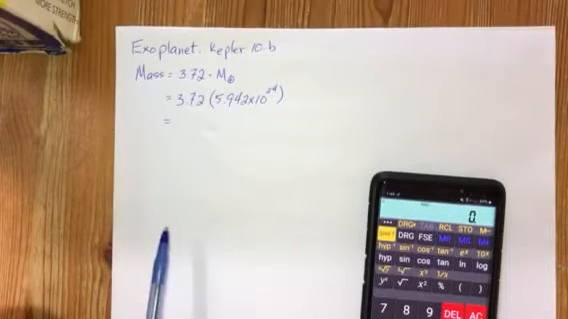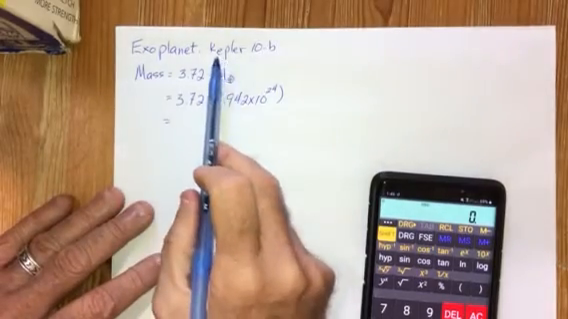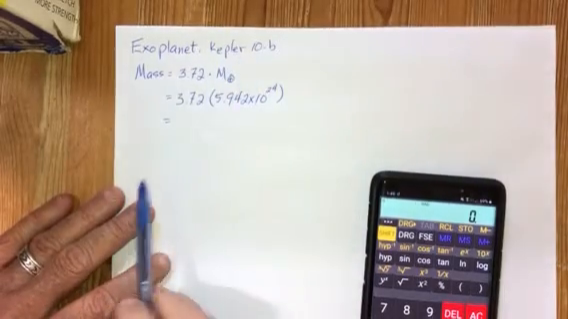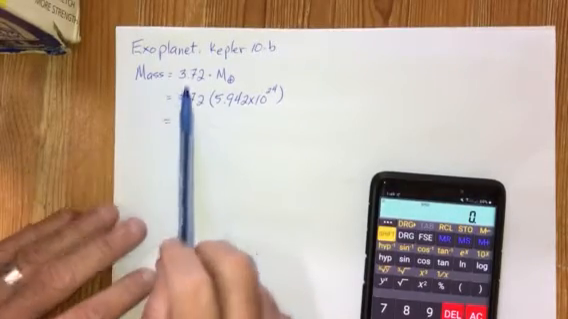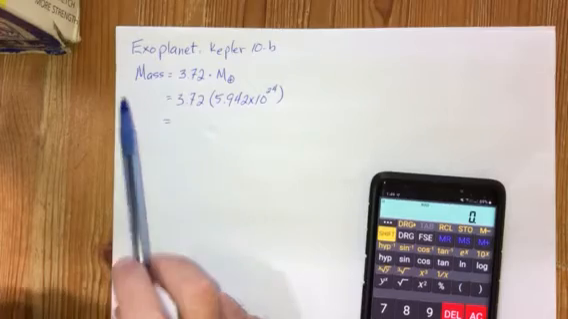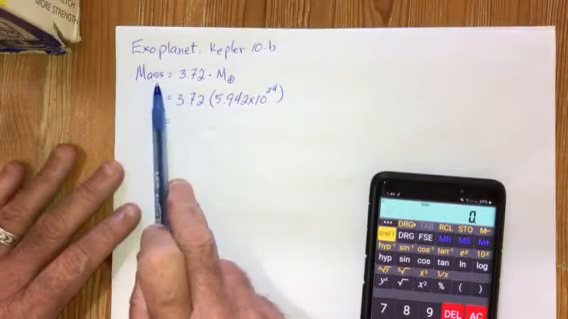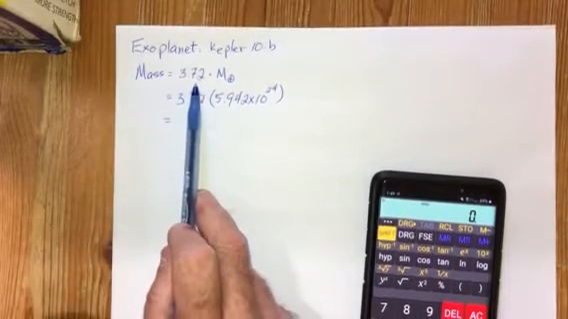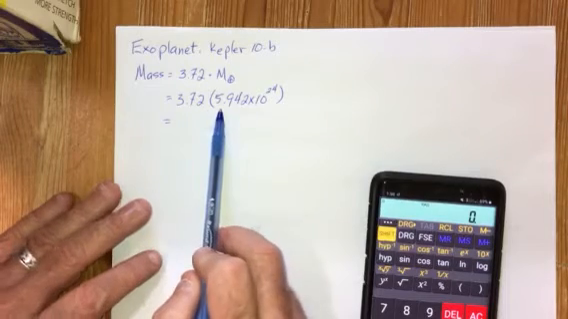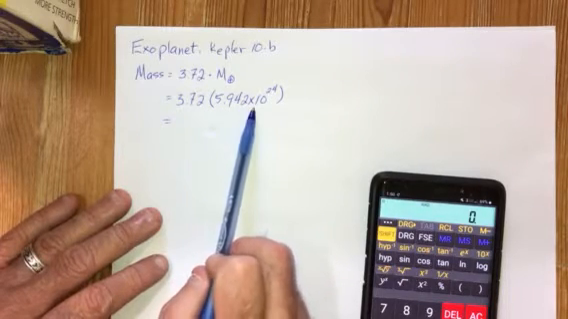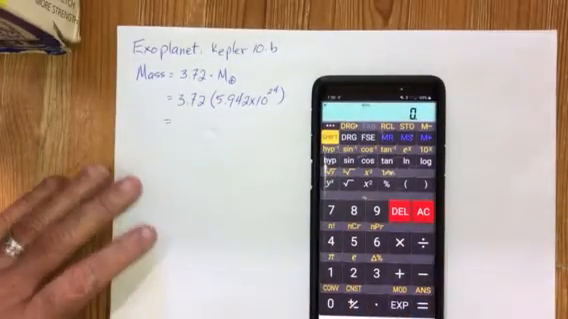So for the exoplanet Kepler 10b, which is the closest planet that orbits the star Kepler 10, according to information on the internet, the mass of that planet, it was the very first of the Earth-like exoplanets discovered. It says that the mass of that planet is 3.72 times the mass of the Earth. And the mass of the Earth, as we calculated in our last video, is 5.942 times 10 to the 24th kilograms. So we'll do that,